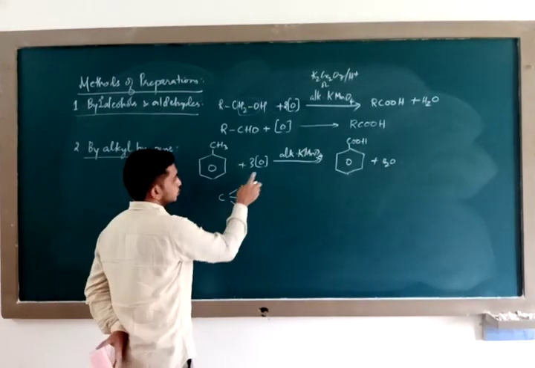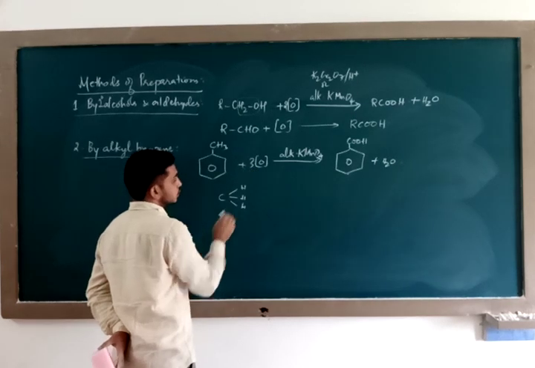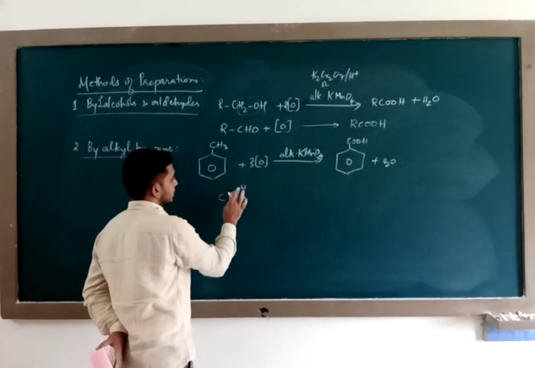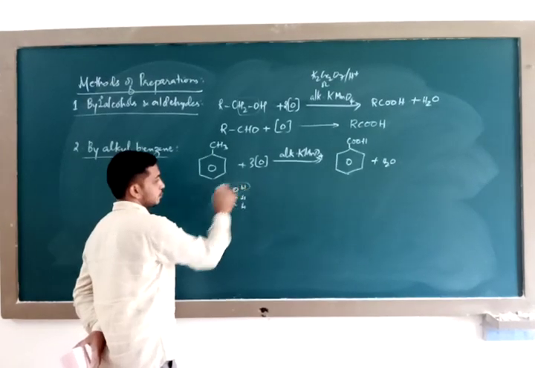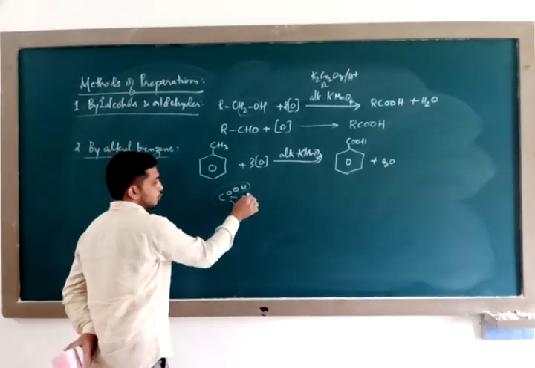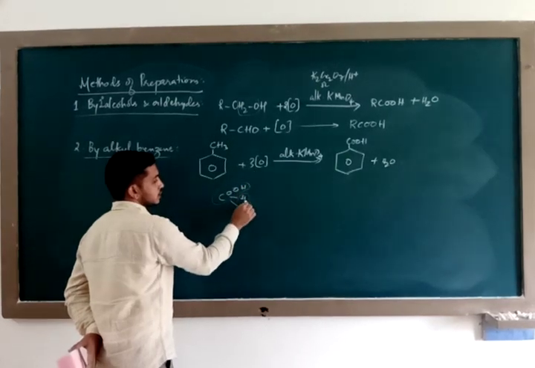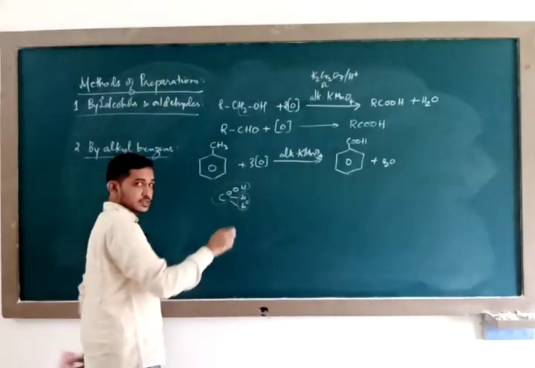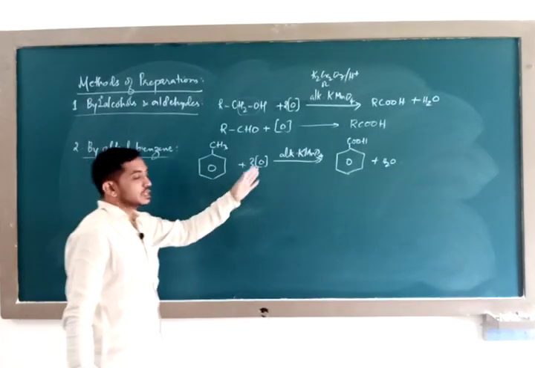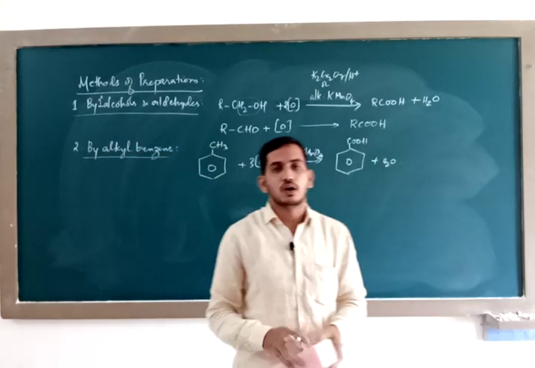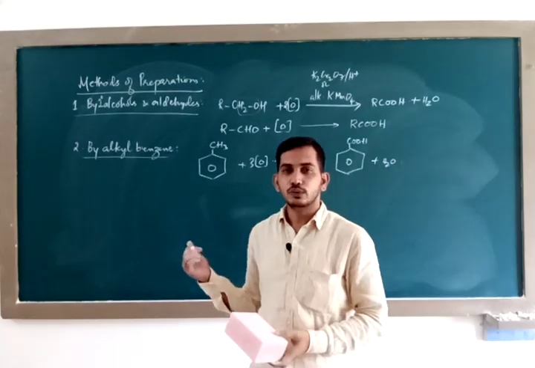Now what you need to do, you introduce 3 oxygens. How do you introduce? You need 2 oxygens here. So 2 oxygens are added, it becomes a carboxyl group. 2 more are left, they will go with the third oxygen in the form of water. Understood? So whenever toluene is oxidized in the presence of alkaline KMnO4 or else chromic oxide, it will give you